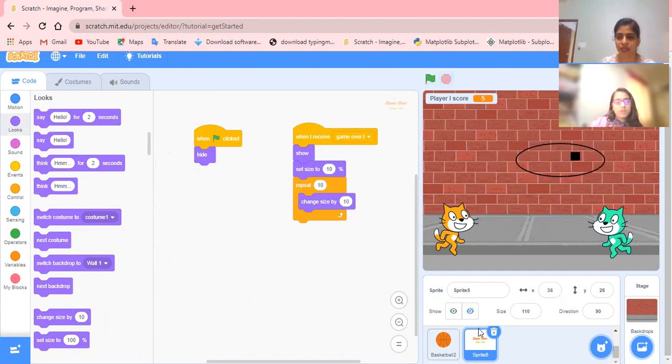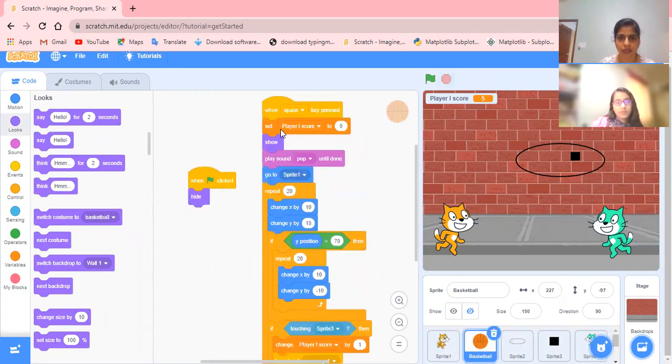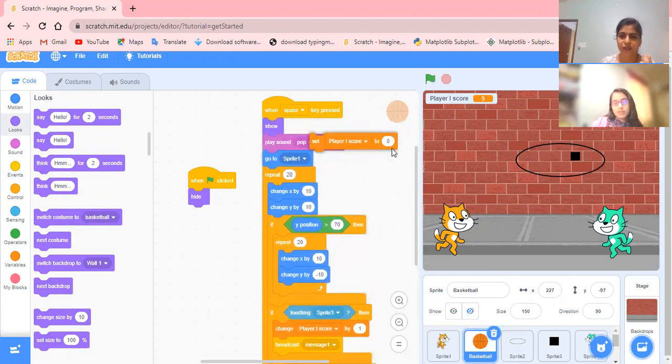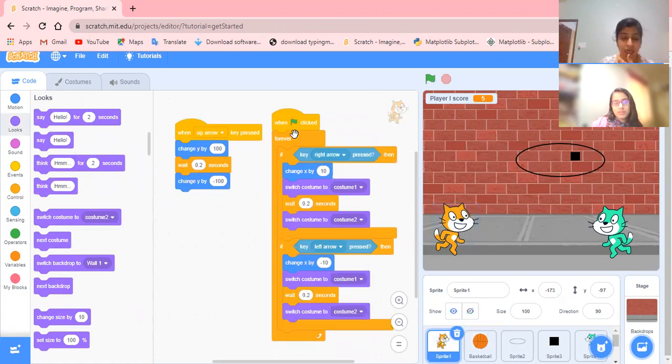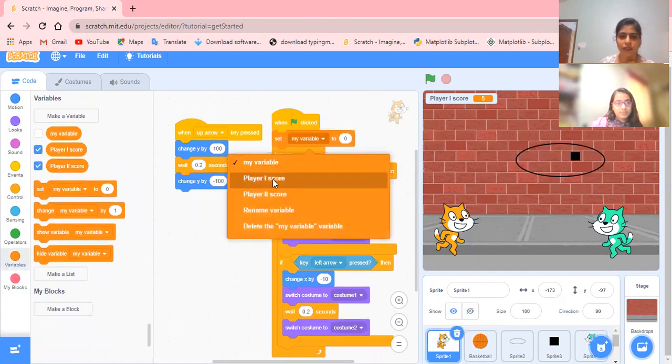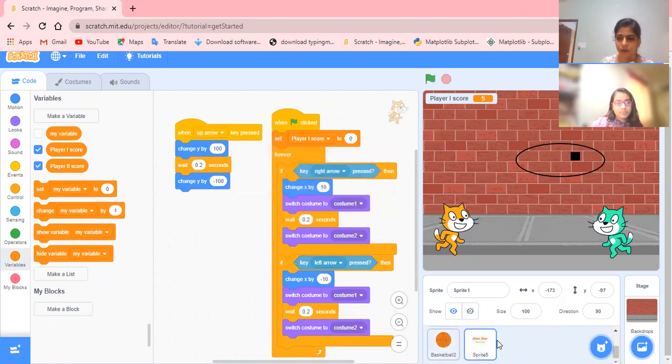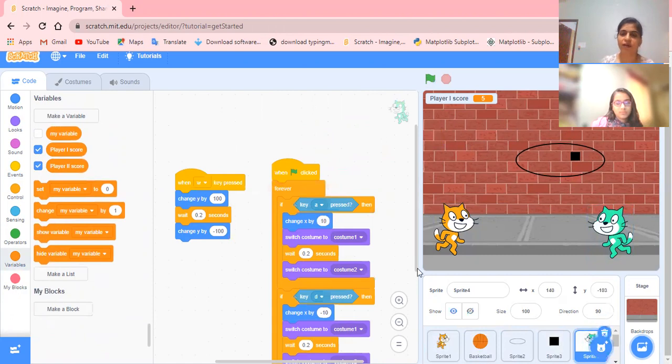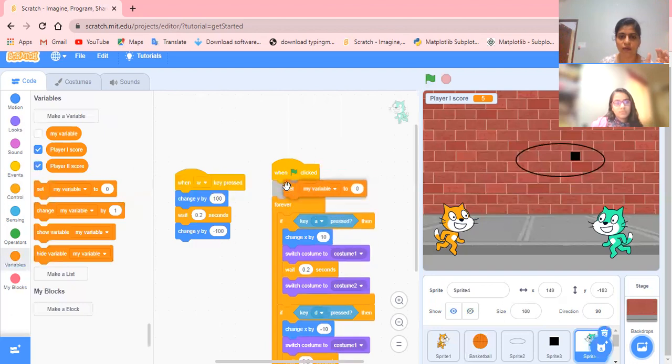Okay. For this correction, firstly we have to go to the ball 1. Set player score 1 to 0. This is on the space key, but no, it is not required here. We should go for the green flag, wherever the green flag is there. So set variable, we keep it here. Both variables we can call here. Or for this sprite also the green flag is there, but no need. Whatever sprite's green flag is clicked, the variable must be changed. So we can keep it there also, and for both sprites, separate scores. That's right. Now let's see.